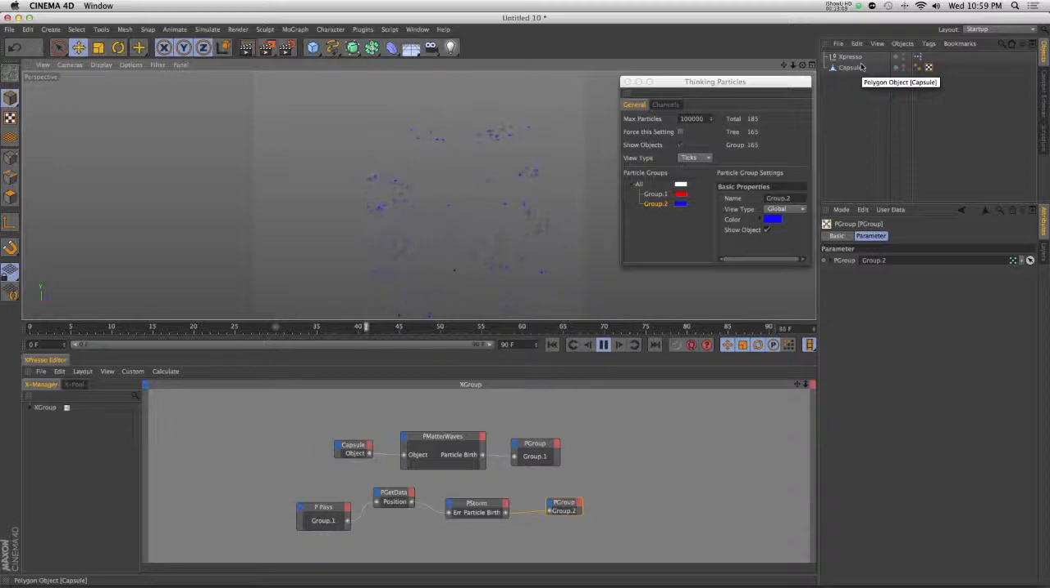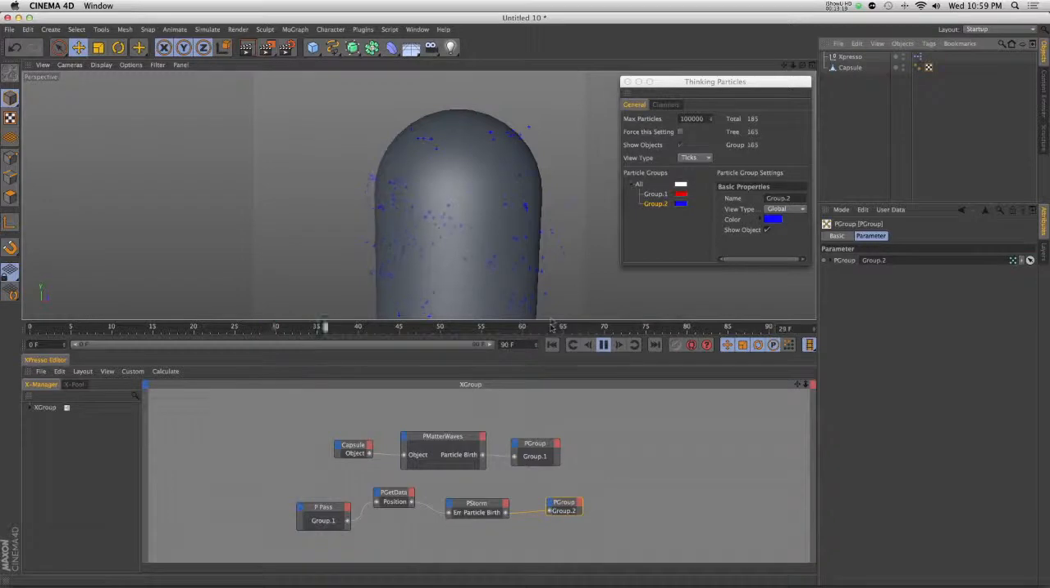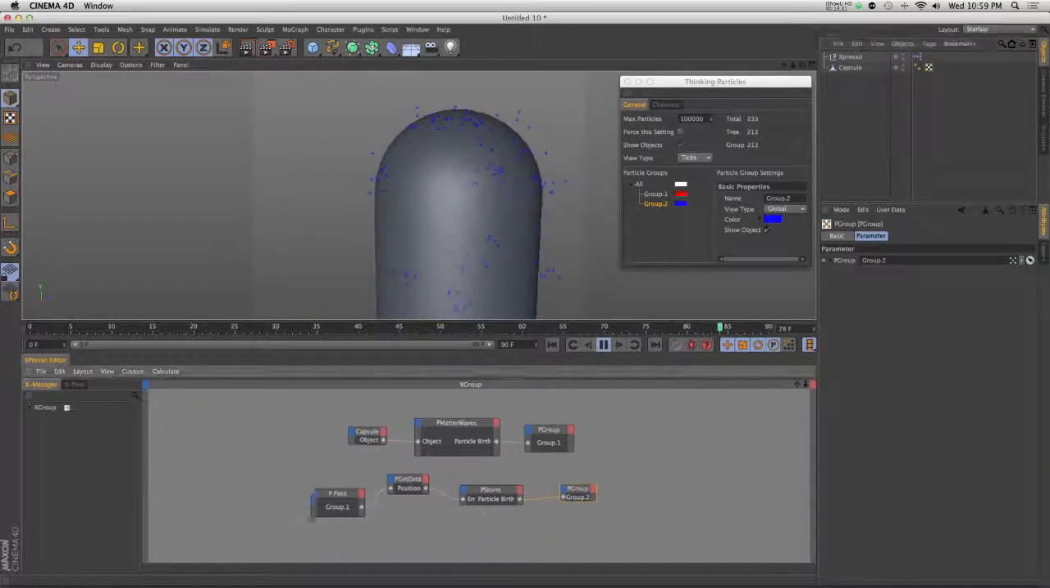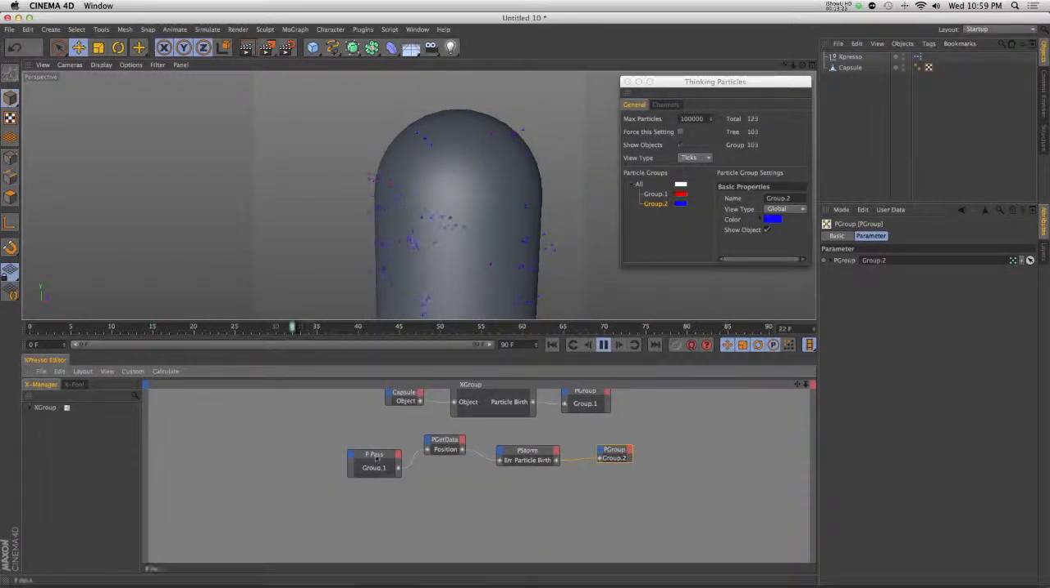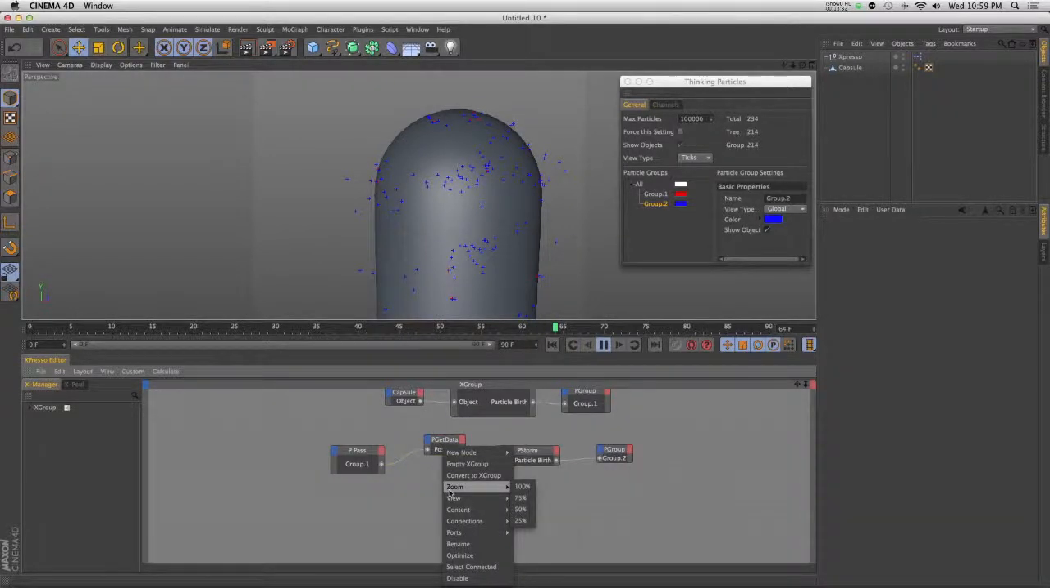Now, right now, it just seems like they're just emitting constantly. What if we wanted to make it more like a firework effect? To do that, we need another node to pass from particle group 1. Similar to how we got P get data, we need to actually find the life of that particle. So let's go into here and go into thinking particles,